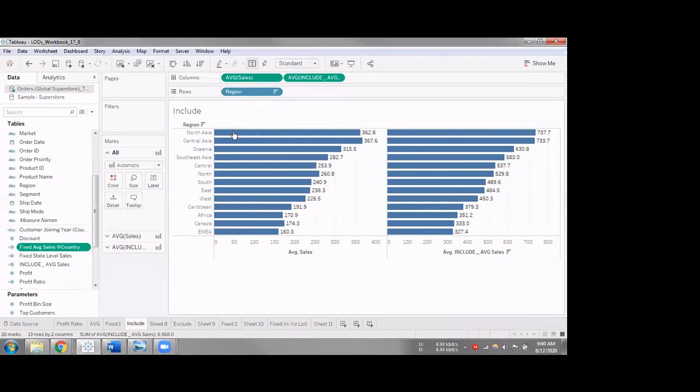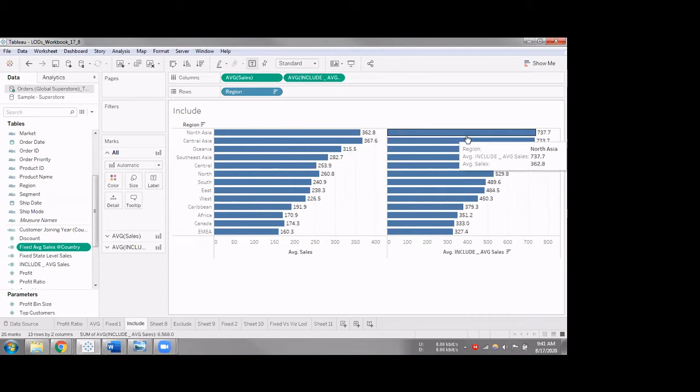So here I have a simple view which gives me average sales for each region. Now this average sales is similar to the one we saw earlier. It works at a data source level. So basically it divides by the number of records in the North Asia region, with the numerator as the total sum of sales. This we know, but let's say I want to know the average value of